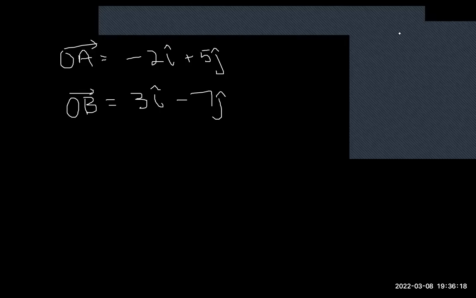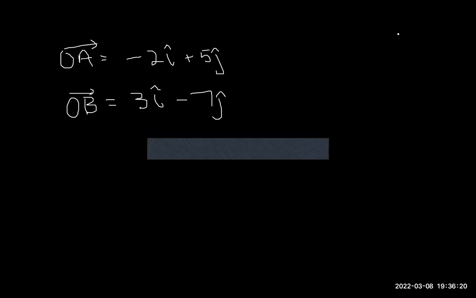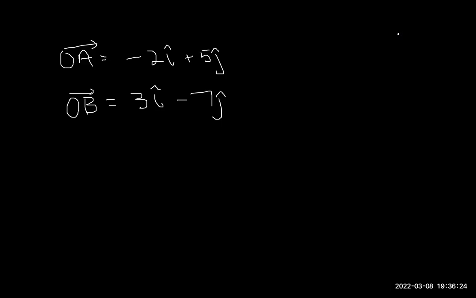Recording in progress. Okay, so they want the unit vector in the direction AB, but we do not have the vector AB, so that's what we need to find first, right? But they did give us information to find AB, so we can do that. We know from addition of vectors that AB